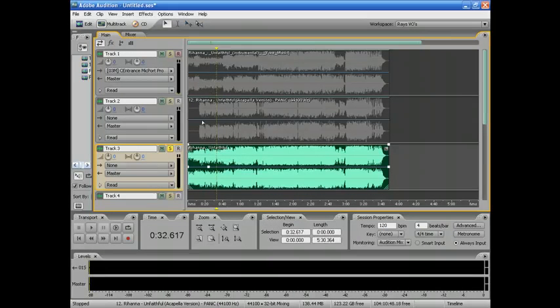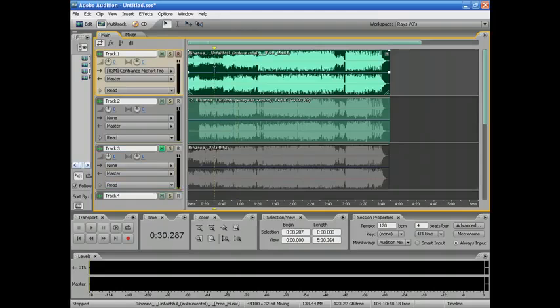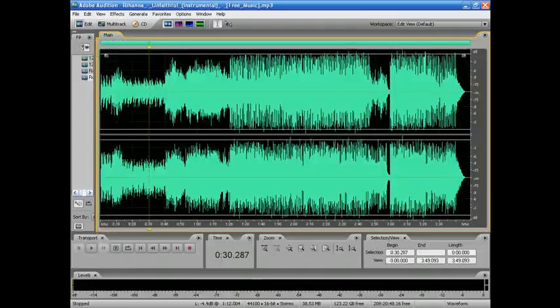One of the things we're going to do, since we did that, we'll go ahead and mute that. We don't need that anymore. In fact, we'll keep that there for reference. We'll mute that track. We're going to go up here to the instrumental, open that up, and you can see where this starts off. Take a listen.